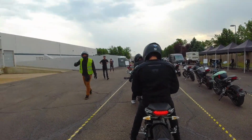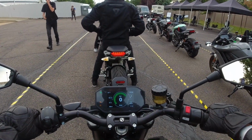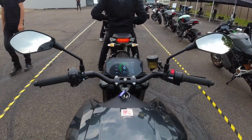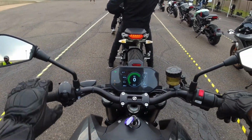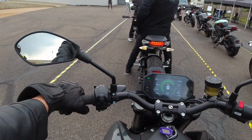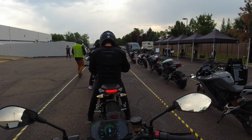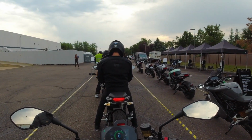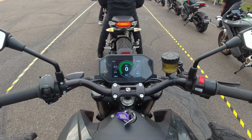All right, so we're gonna go. I think, yeah, we got power, which is weird. So this is an electric motorcycle, automatic, and we are in eco mode. So no clutch lever, no shifter, completely automatic. Look at the mirrors on this one. The mirrors are up, versus on the SRS, they were actually really down low,